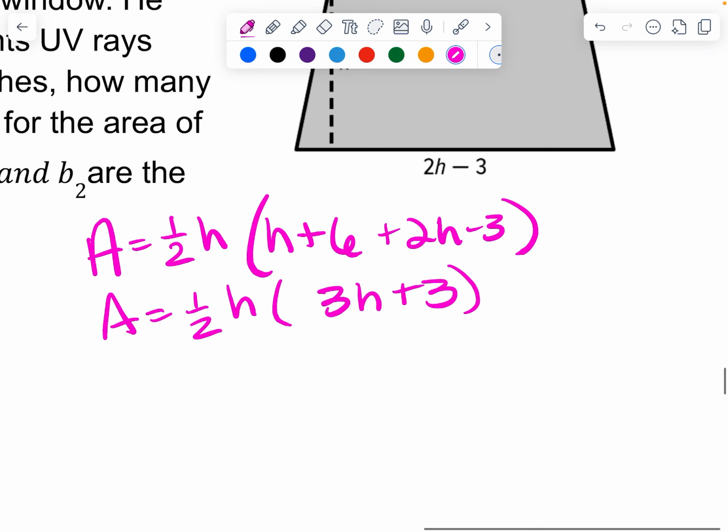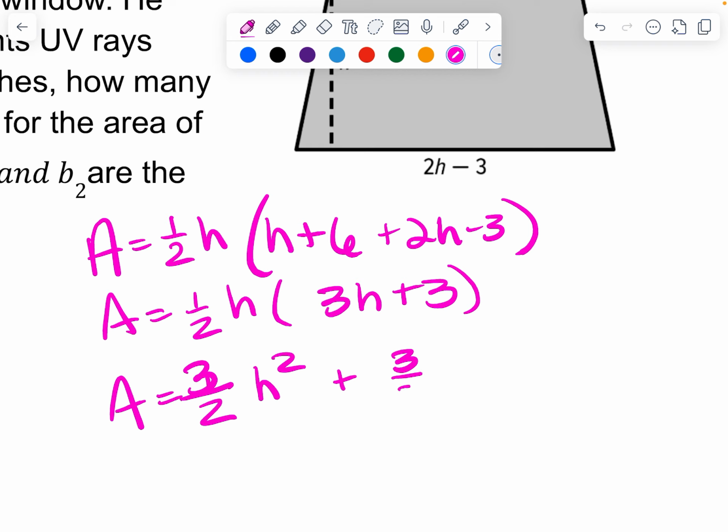And if I was to multiply this through, I have 3/2 H squared plus 3/2 H. So it says 24. So if I replace this with 24,